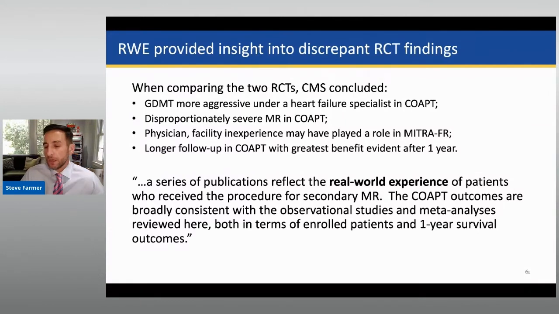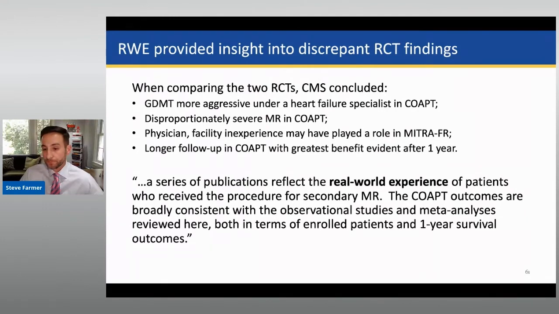In summary, CMS concluded that experience is crucial to both patient selection and to procedural success. Even so, given the uncertainty about why these trials reached such different conclusions, CMS relied on real-world evidence, which came largely from Europe. The European observational studies used a variety of data sources ranging from records drawn from a single institution to registry data drawn from multiple institutions and countries. Some observational studies linked multiple data sources, including an echocardiography database and electronic health record data to study these patients.